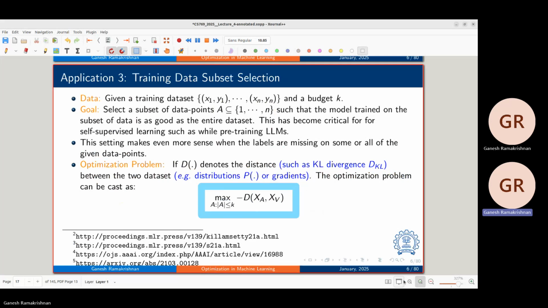So this is a cardinality constraint, but there are other constraints possible as well. And hopefully in your course, you deal with partition matroid constraints, which deal with what points you think should come. If you pick this, you should also pick the other point. Of negative real divergence and